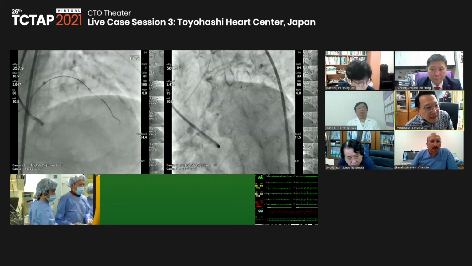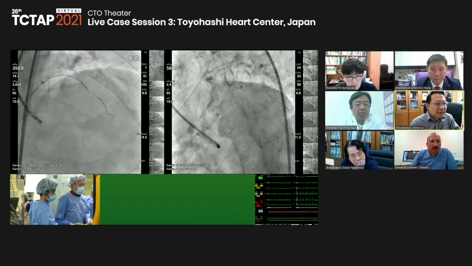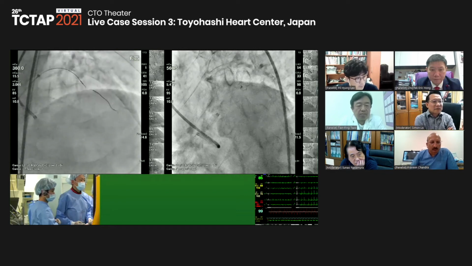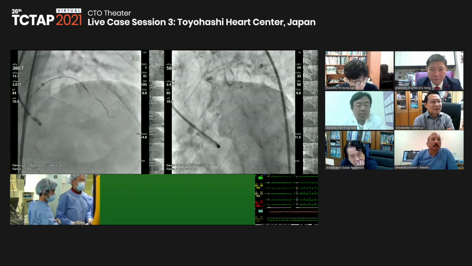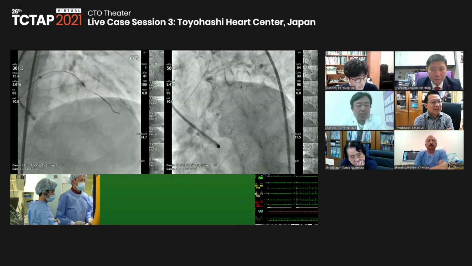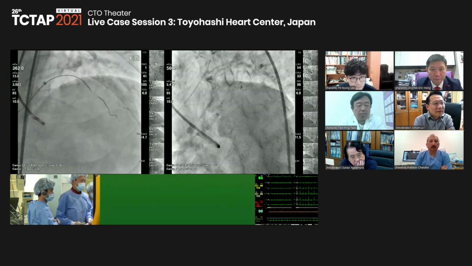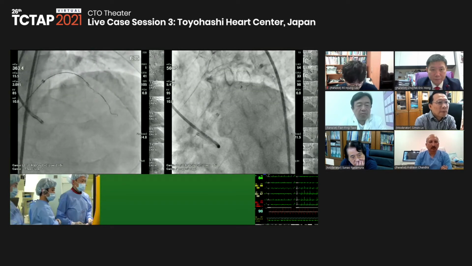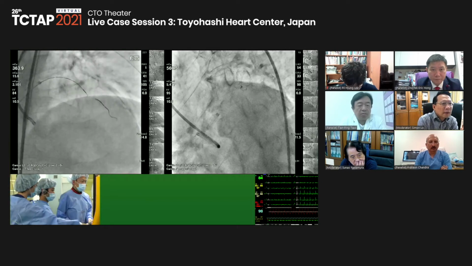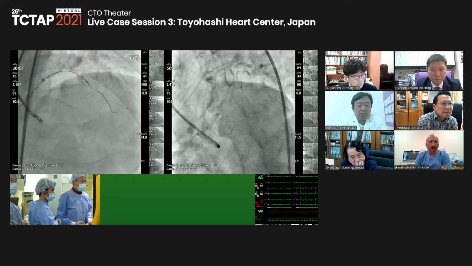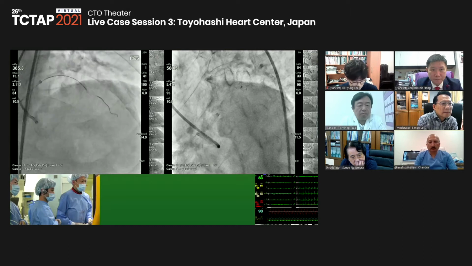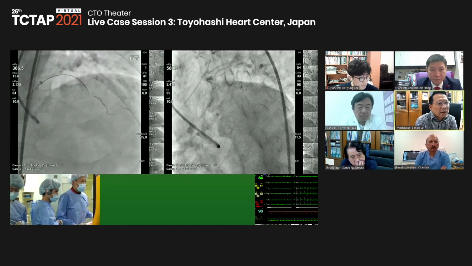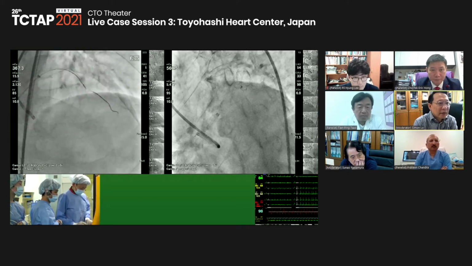Dr. Kenyan, can I just ask what wire you're using now for the LAD? I'm using the XTR. Oh, it looks good. And is the XTR inside a Corsair micro catheter?